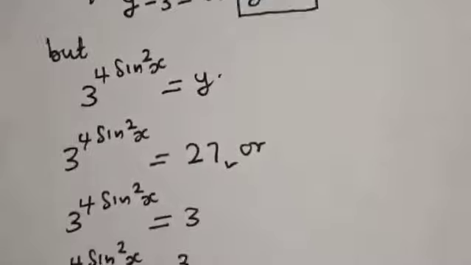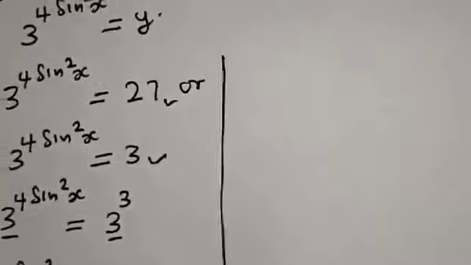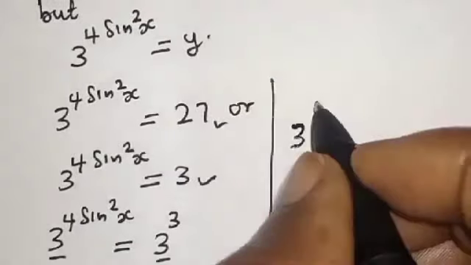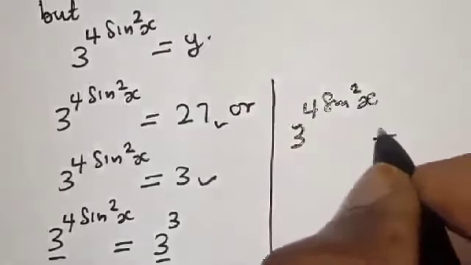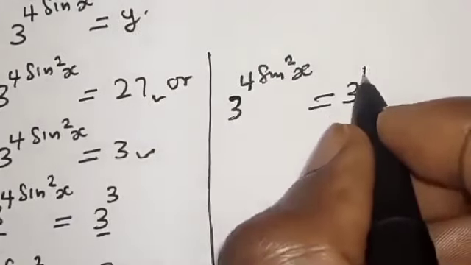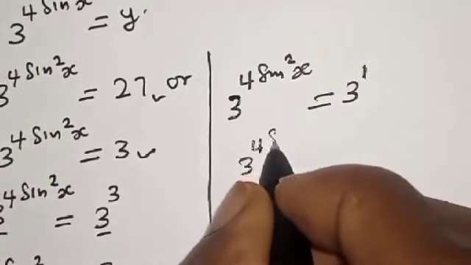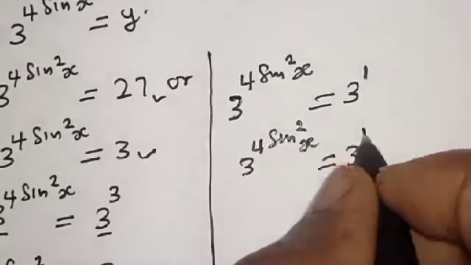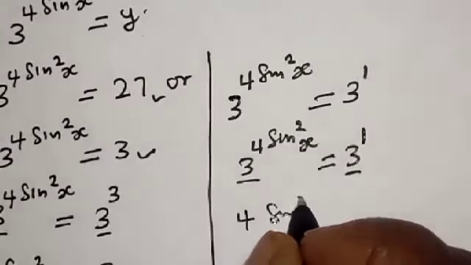And from the second case, this one, 3 raised to power 4 sine square x is equal to 3. Then this is also 3 raised to power 1. We have 3 raised to power 4 sine square x is equal to 3 raised to power 1. They have the same base. 4 sine square x